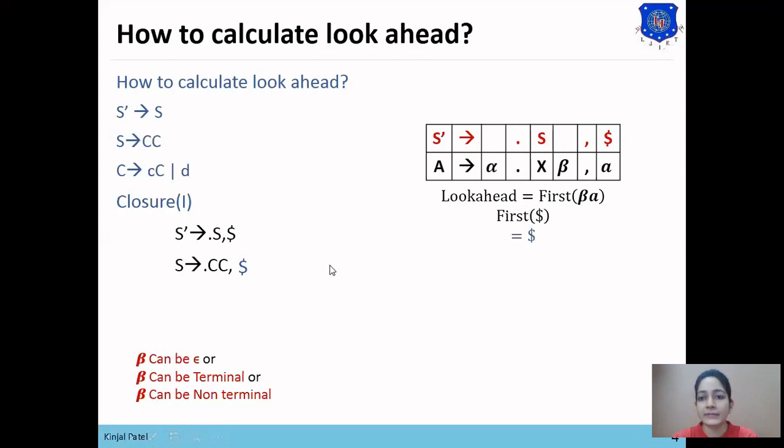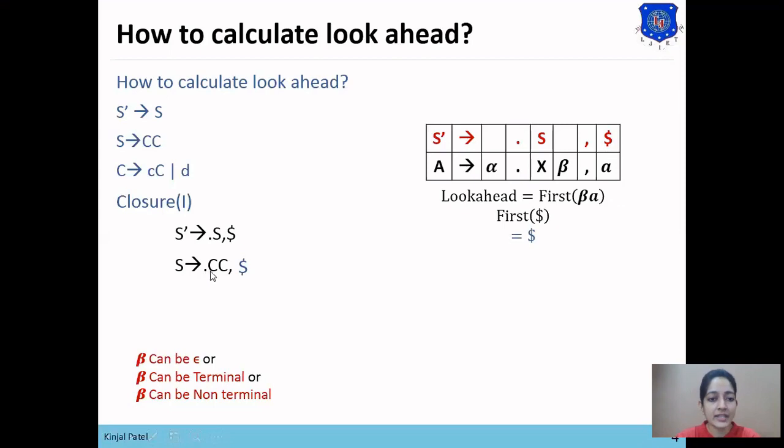And if beta is a non-terminal symbol, then only do we need to find first of beta a. So if beta is null or a terminal symbol, we need not find first of beta a; we can directly place the look ahead symbol.